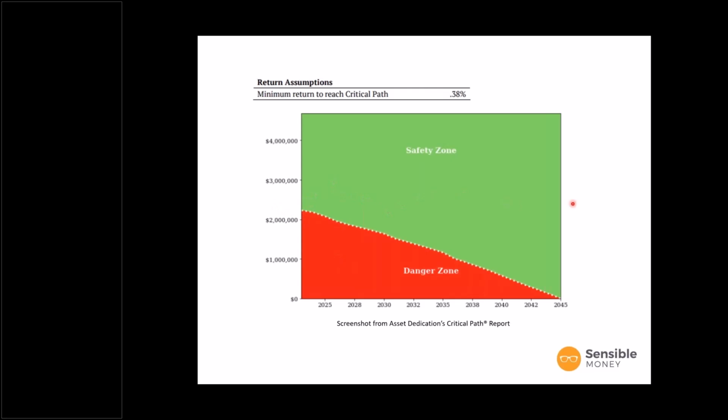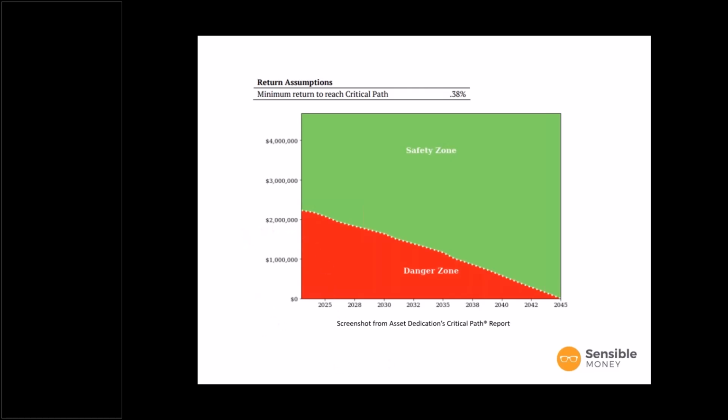How do we measure against this? And we obviously would like to stay in the green. But the great news is Larry and Ellen's portfolio only needs to earn about 0.38% to stay at or above their critical path. Now, if this portfolio was required to earn 7%, we might say, I don't know if that's realistic, and we would have to either adjust their spending or suggest that they work longer or suggest that they might have go-go spending for only a few years, but then the travel expenses would have to back off later. There's all kinds of variables that could be played with.